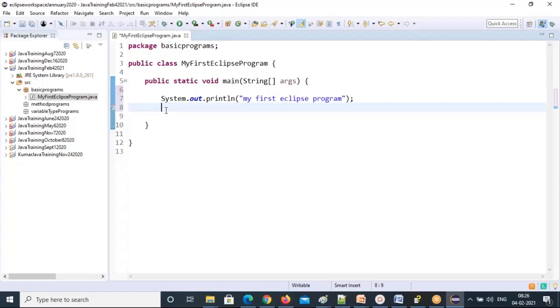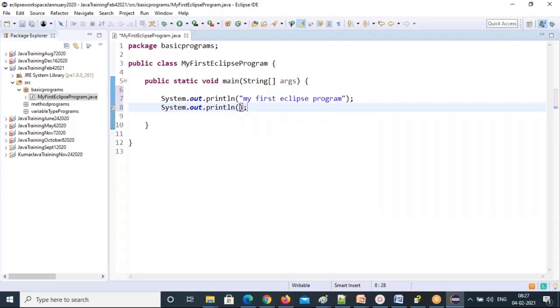I'm giving a shortcut for System.out.println. Once you are done, let me know. The shortcut is to type SYSO. First type SYSO, then with two fingers, one on the Control key and the other on the space bar, press both at a time, and then press the Enter key.